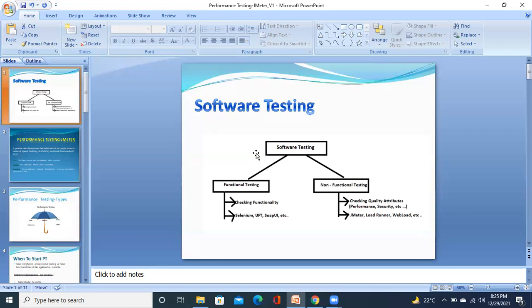Performance testing can be done using automation tools called JMeter, Apache JMeter, which is open source, Microsoft LoadRunner, WebLoad, NeoLoad, VSTS, etc. So many performance tools are present in the market. We cannot perform non-functional testing the manual way, because doing performance testing manually will take a lot of time, resource consumption, and budget. Everything will come into the picture. So let's go through performance testing now.